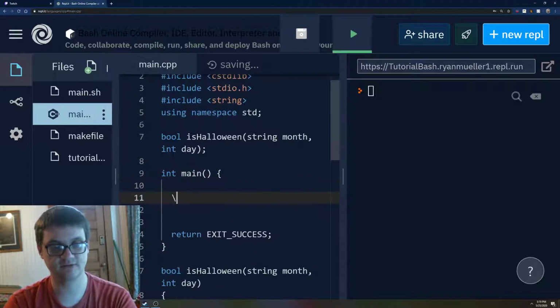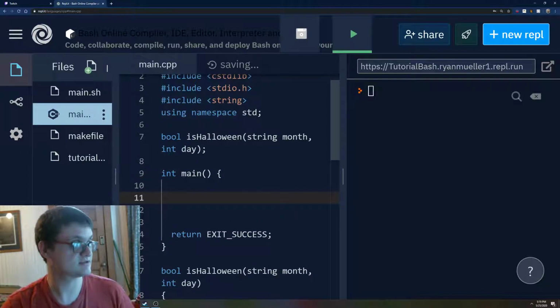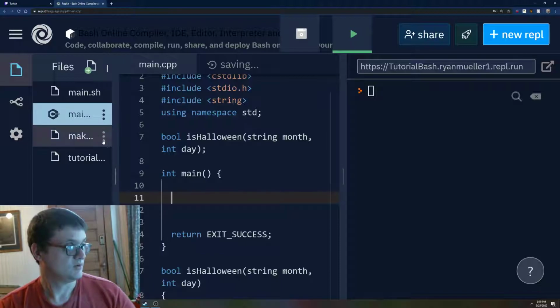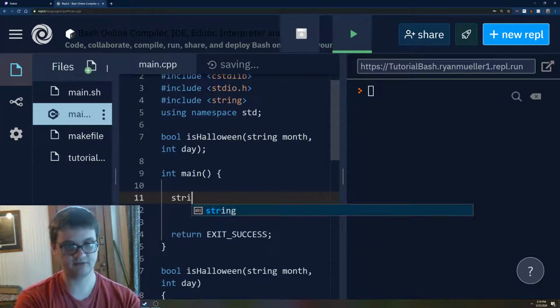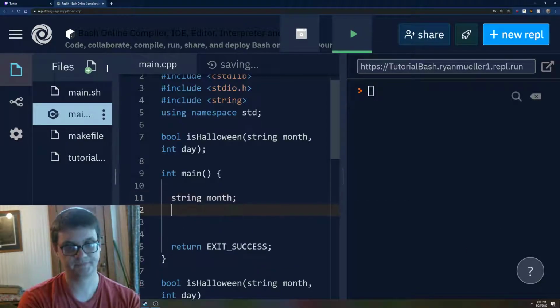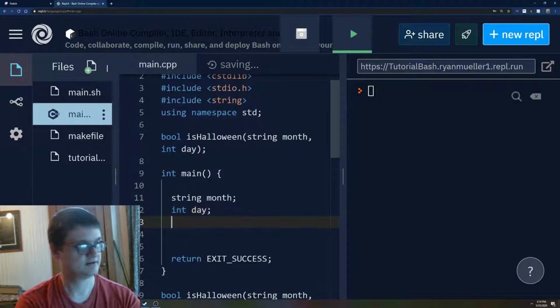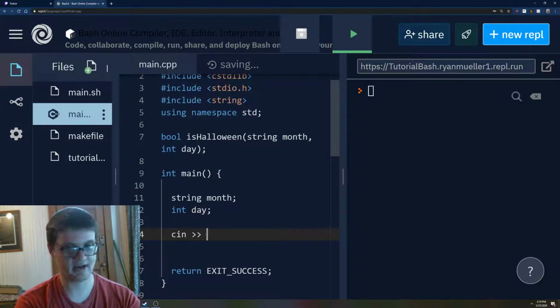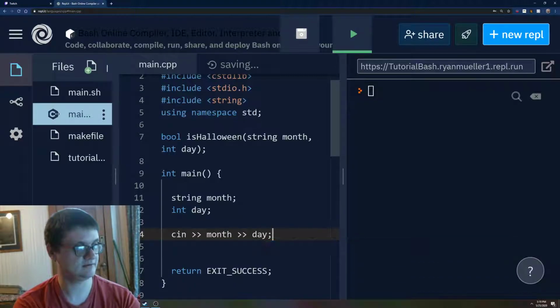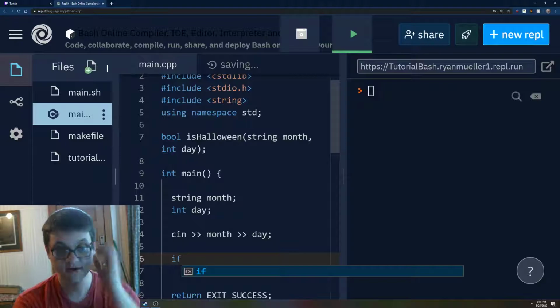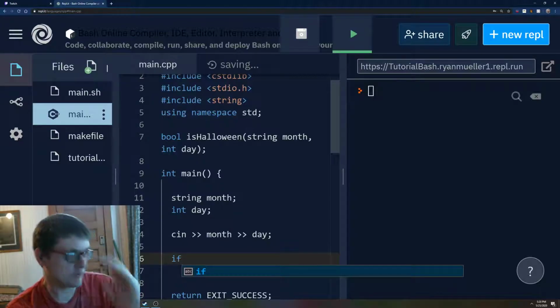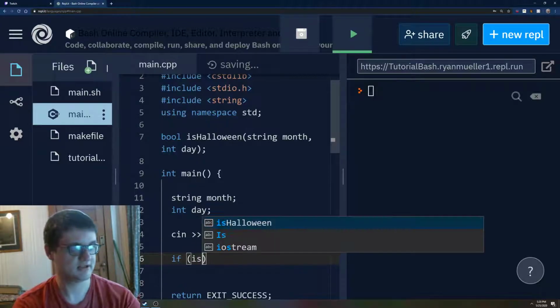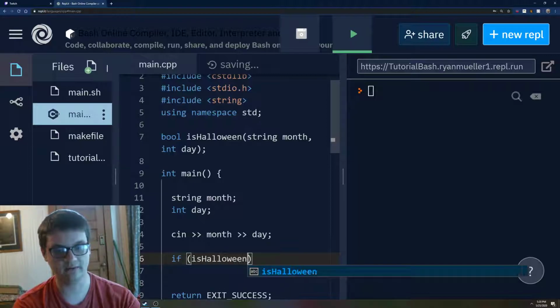Next, we're going to go back to our main. Now that we know what our function does, we want to define a couple of variables: we want our month, we want our day, then we want to get our month in first. That's how they want it, and then we're going to get in our day. And then it's going to look a little weird, but it'll work. If isHalloween, month, day,